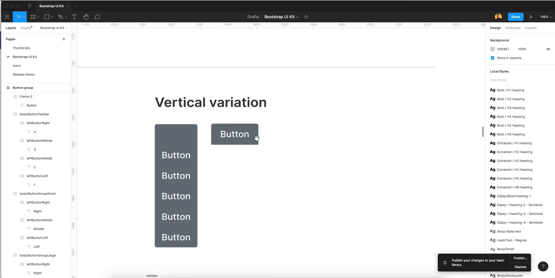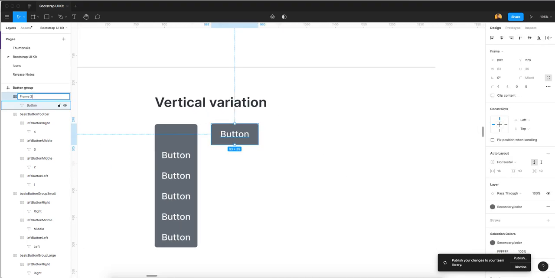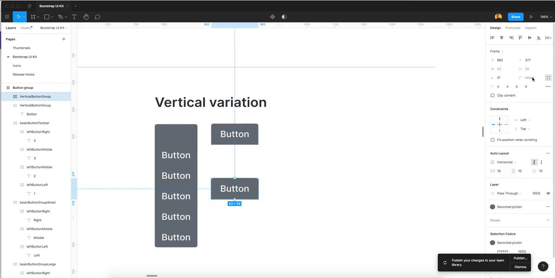This will be similar, and I will change the name of this to vertical button group. Okay, now I duplicate this and convert this radius into bottom side, 0 0 and 4 pixel radius, 4 pixel radius.